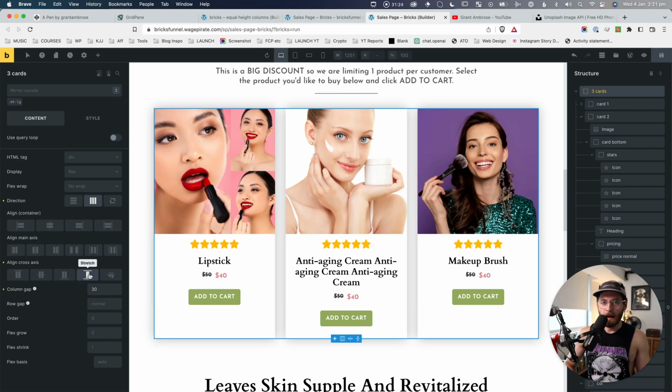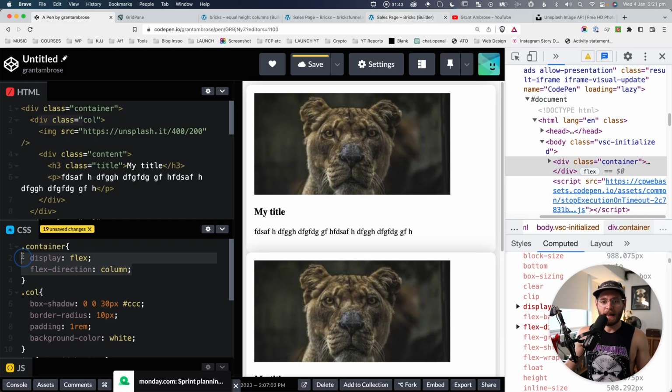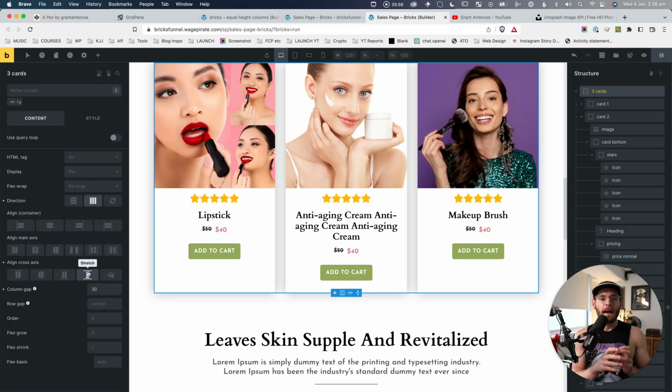Now they're stretched. Now again, the whole purpose of this video is that you might just get in the habit of knowing if you want to make equal height columns, you click here on row and then you click this on stretch and you get that. But now from watching today's video, you understand why that is the case, because you understand what's happening here at the CSS level. Now I have some other really cool things that I want to go through